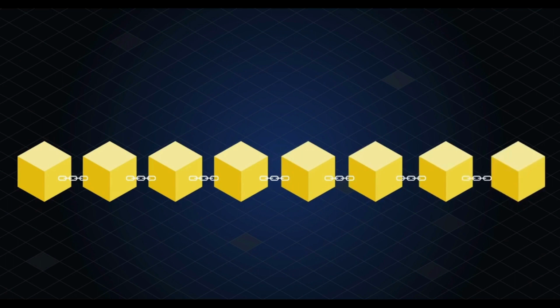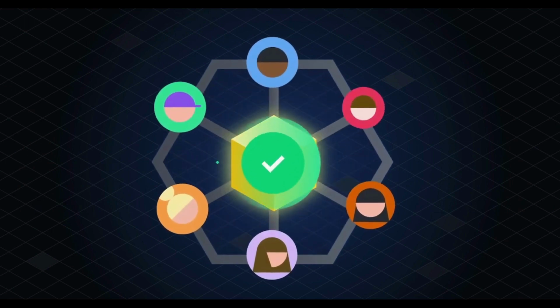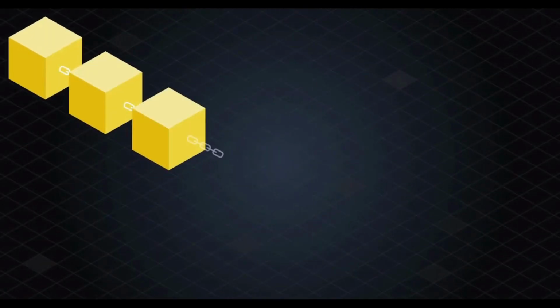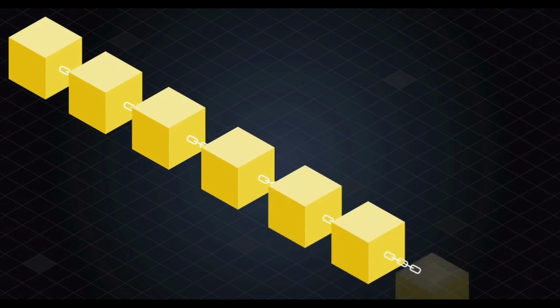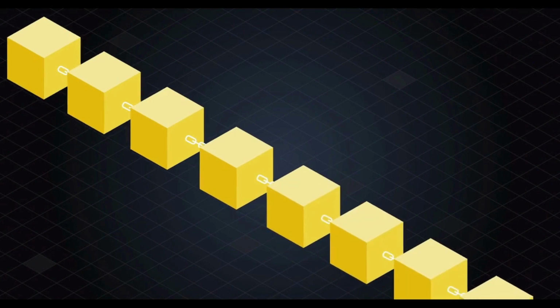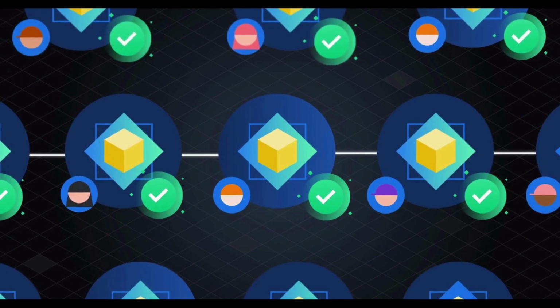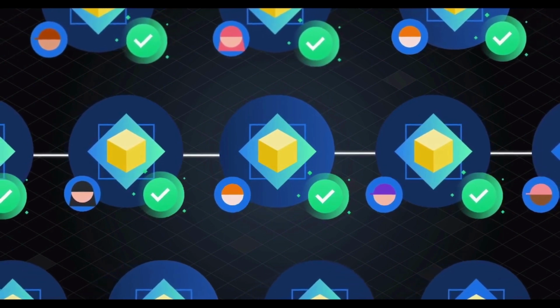What are the implications of a distributed network which revolves around a single source of truth? It means security and redundancy. A blockchain can have tens of thousands of users, each storing their own copy and talking with peers. Even if many go offline, the network will continue to function. It also means immutability. Once a block is added to the blockchain, it can be considered permanent. It means trustlessness and transparency. You don't need to trust anyone. And since everyone has a copy of the blockchain, they can see and verify all of the data it holds.